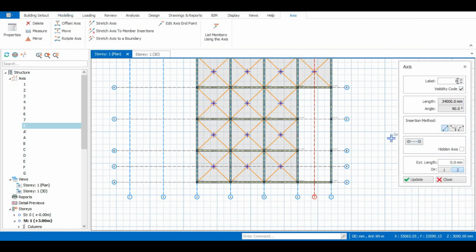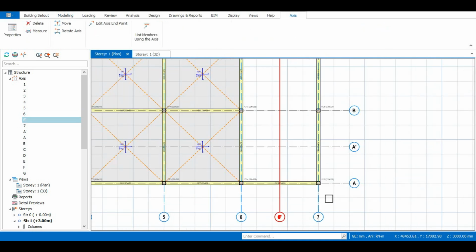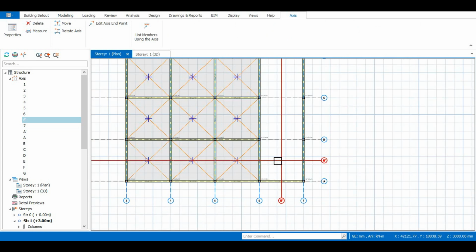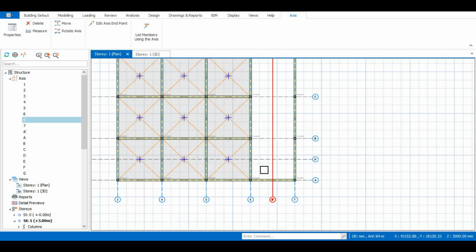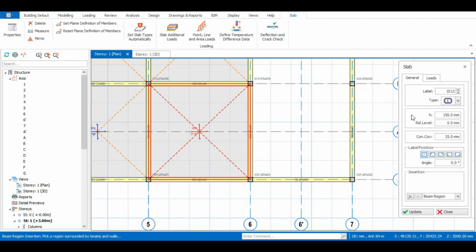So I can offset this also by 2.5, then I escape it and I go and rename it. Let me rename it 6 prime, then I update it and you see that it's updated and named 6 prime. So now what we need to do is also create the slab here,